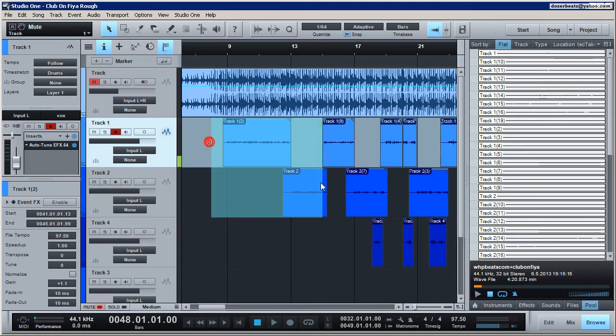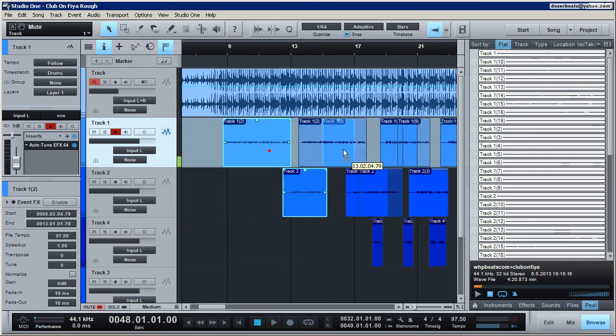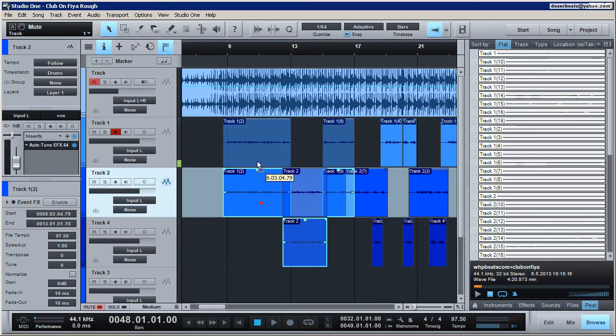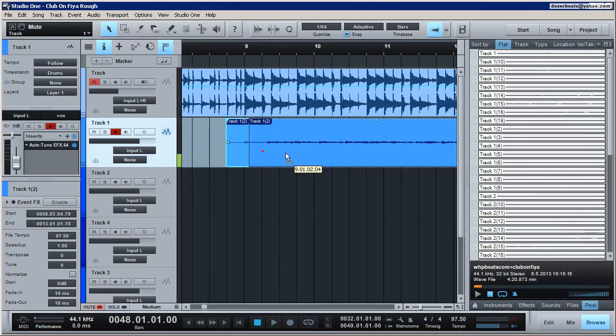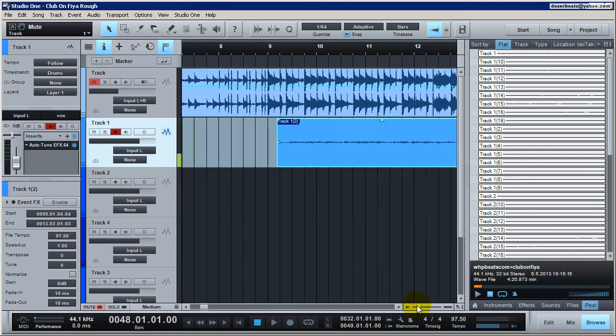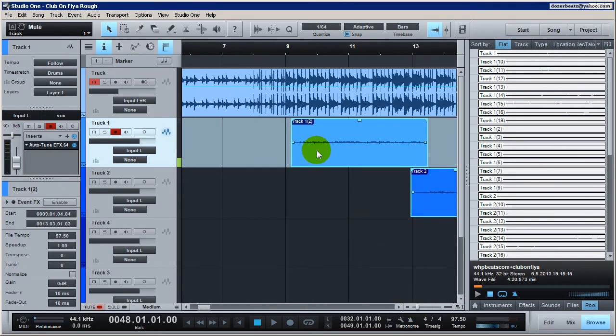So I'll pretend like this is what I just brought over after I duplicated it. All right, see, here it is. Now I can simply move this around, all right, and I'm at 1/64, so I'll zoom in some more so I can see more. And I'll bring it in, and I'll set it down, which I know isn't where it needs to be, because I know that from looking at the waveform here. You guys should be able to view waveforms and know what's happening. I know it comes in about right here. So if I drop it here,